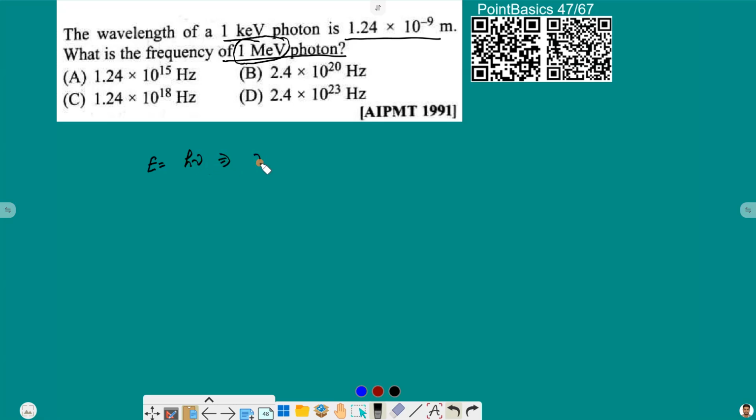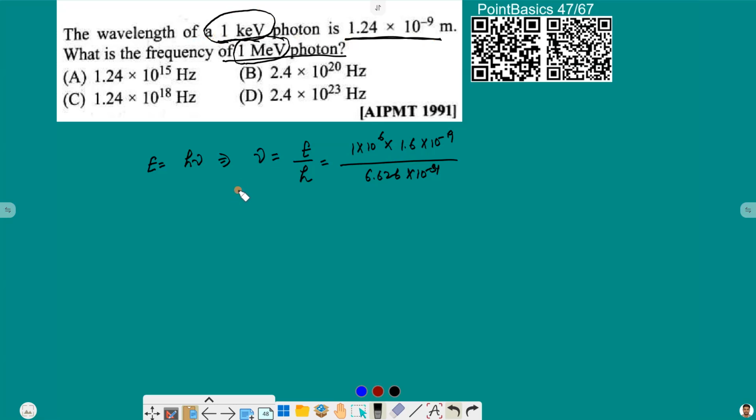So from this we can find frequency is E by h. So here we have energy, that is 1 mega electron volt, so 1 into 10 raised to power 6, and that is in electron volt. So 1.6 into 10 raised to power minus 19 divided by h, that is 6.626 into 10 raised to power minus 34. So we can calculate via this method, but as we have already been given the wavelength of a 1 kilo electron volt photon by this value,